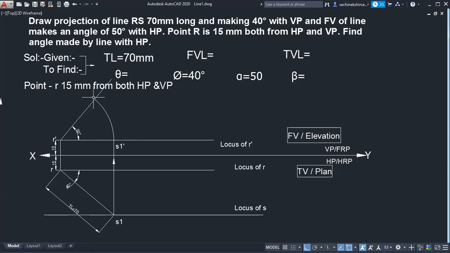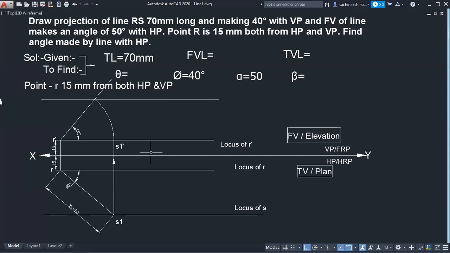Here I got one point. That point will be on the line at the 50-degree angle alpha. So this line is the front view length line. And on that line, what point did I get? S dash, because it is a front view line. Immediately I will draw the locus like this and locate that point as S dash.